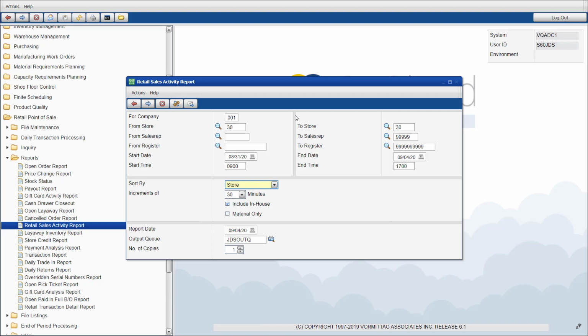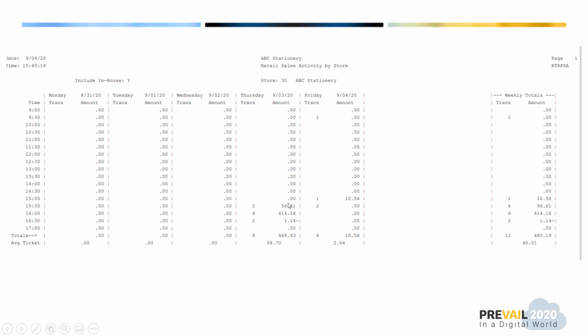And basically it's a staffing report that says how busy you were. In this case, in 30-minute increments throughout the day here. So if I run this report, I'm going to move it out to Excel here. And basically, it'll show you from 9 a.m. to 5 p.m. hypothetically, here's the number of transactions and the dollar amounts that you rang up